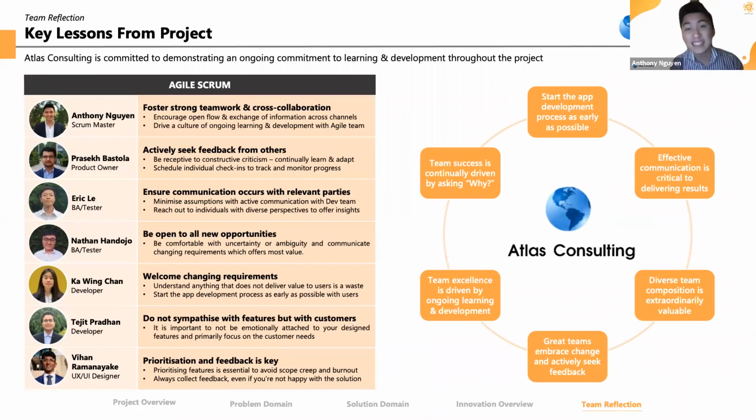In particular, our team realized the value of encouraging an open flow of communication between the Scrum Master, product owner, and development team. Our diverse team composition allowed us to realize the importance of committing to the early and continuous delivery of working software while welcoming any changing requirements from end users. Furthermore, our team embraced the use of tools including Jira and Miro to track and monitor team progress, despite most of the group initially having limited proficiency in them.